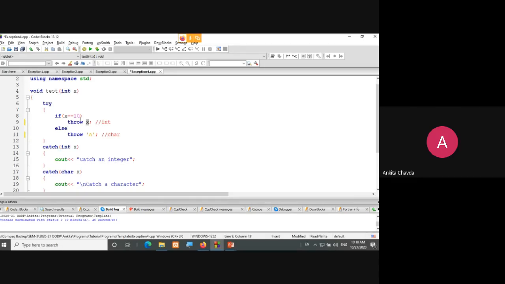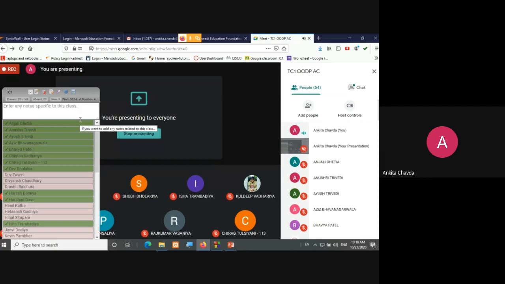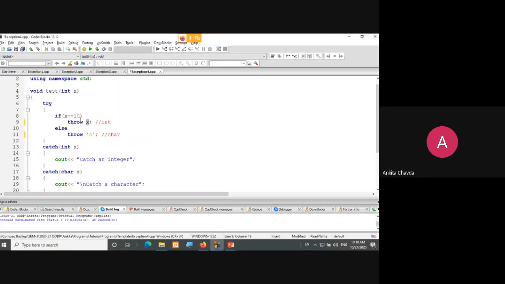Else, if your value is not 10 but 1, 2, 3, any other value, then you throw a character exception. So two kinds of exception I'm throwing, which will be caught over here as either an integer x or a character x. Whatever is a match, it will find automatically, and that statement will be printed, saying you have caught an integer or you have caught a character, right?